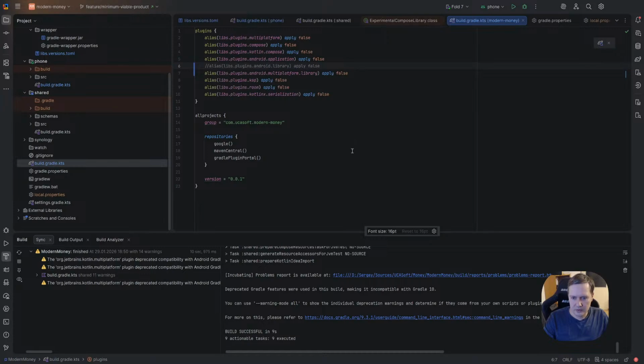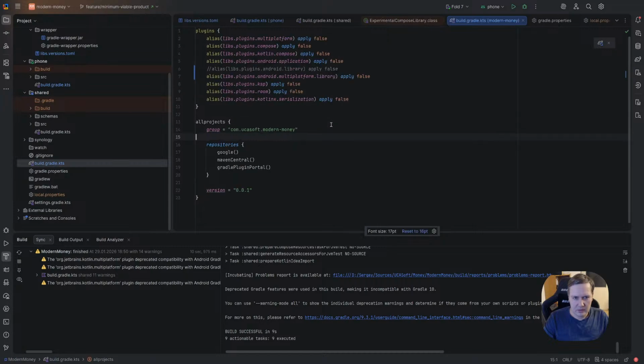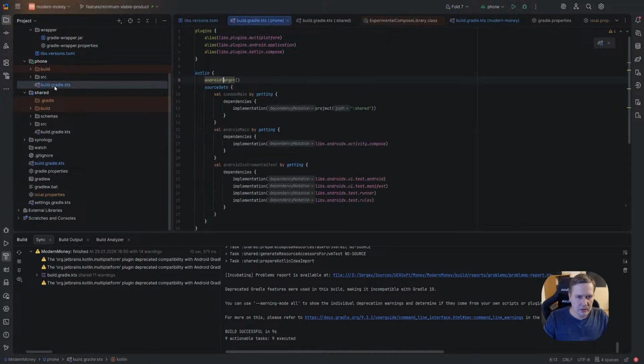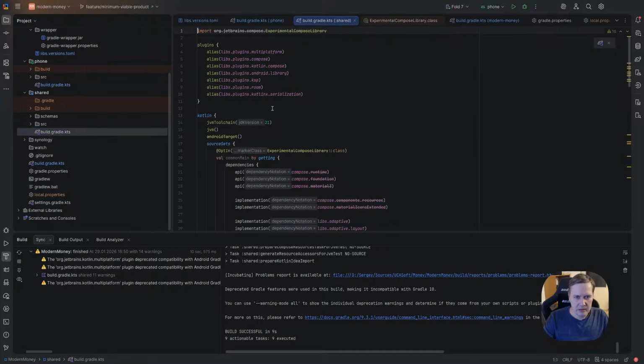Oops. No, I don't. Yeah, okay, I need the standard one. Okay, and back to our shared. Here we have the multiplatform library.